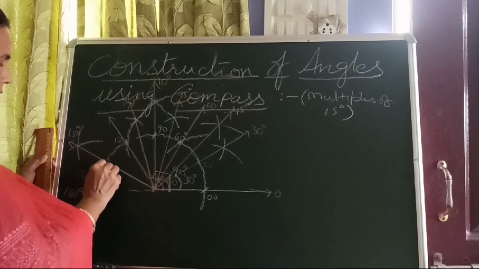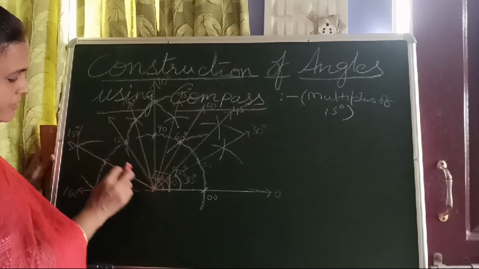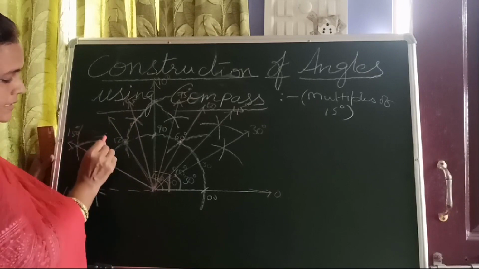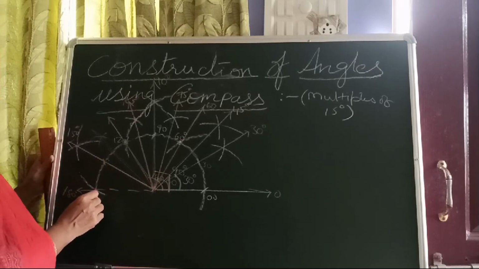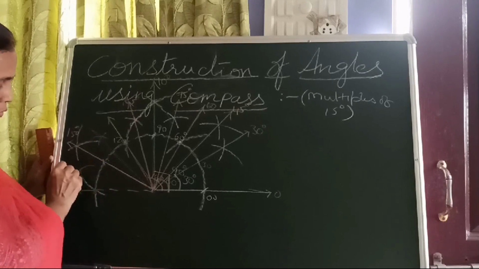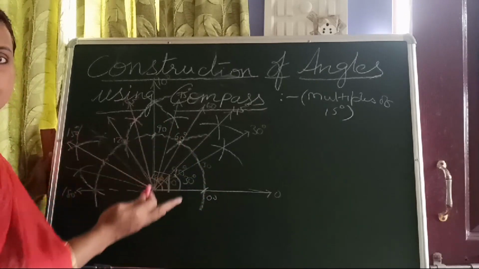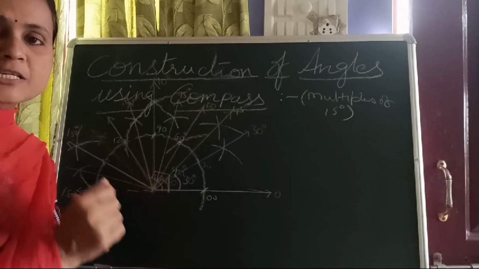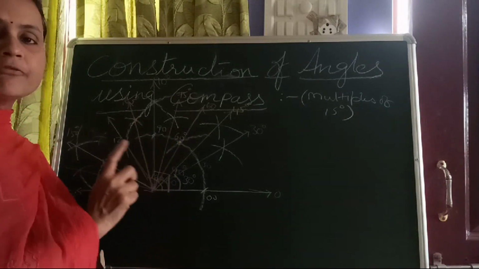Similarly, if you bisect the gap between the 150 point and the 120 point, taking more than half and drawing two arcs from both, you will get 135 degrees. Similarly, between 150 and 180, if you take more than half with a compass and draw two arcs from 150 and 180, you will get 165. In that way, you can construct any angle which is a multiple of 15 using a compass. Whenever you come across these angles in the construction of triangles or quadrilaterals, follow the steps I told you for constructing any one angle.